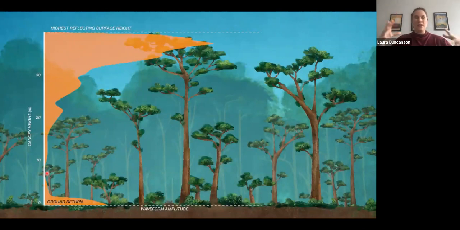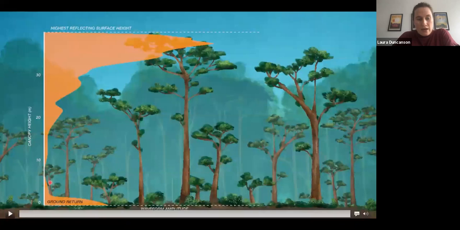So each laser beam illuminates about a 25-meter diameter circle, and the distribution of material in that 25-meter diameter circle gives you essentially a temporal histogram. So the more stuff at the top of this waveform, the denser the canopy is near the top of the canopy, the more stuff in the ground, the lower the canopy cover, and you can get things like the layers of the canopy in here as well. But this is all that GEDI actually measures, right? So it produces these waveforms, and we have to use those waveforms, manipulate them to do science and release products.